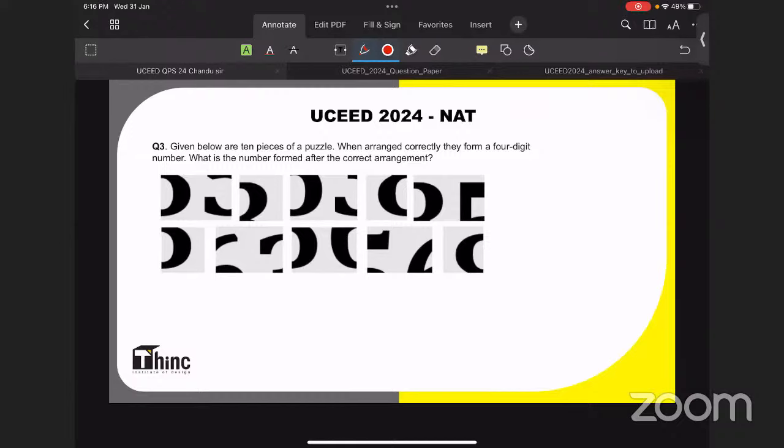Okay, next one is also like a jigsaw puzzle. So here is a 4-digit number. I don't know what the number is, so I will put 4 dashes. As I mentioned earlier, for jigsaw puzzles, I will go for the left side. This is a 2-row one, so I will go for left side, top corner vacant. I could consider that as my first one.